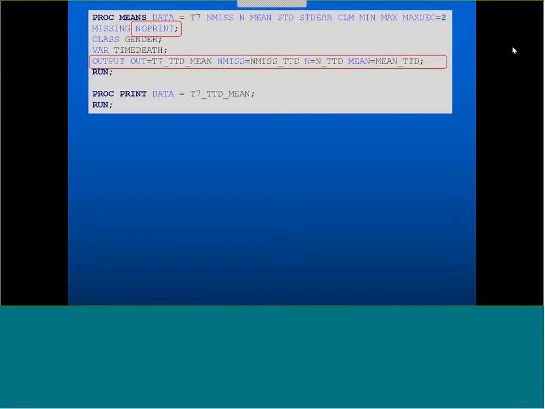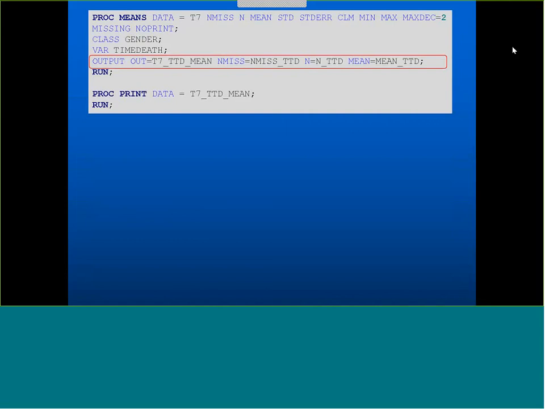And that's kind of important, because what we actually want is to output the data set. So we can use the output syntax here. The output syntax says output, and that is just telling SAS that you want to output the data to some data set. And the out equals statement says that I want to output it to a data set called